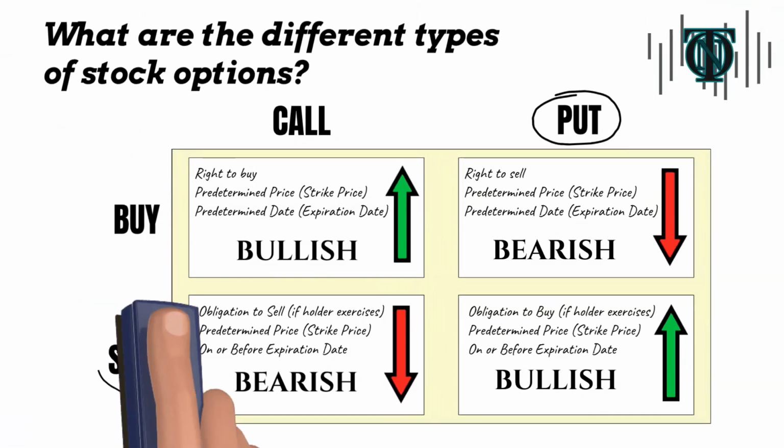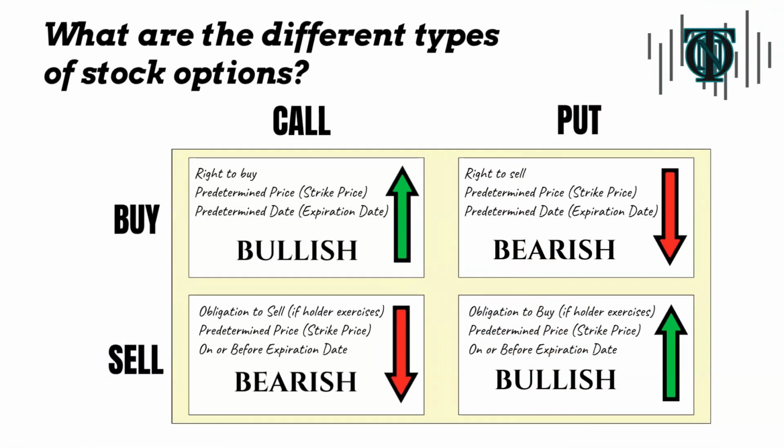To sum it all up, when it comes to calls and puts, you will hold one of four positions: buying a call, being the call holder, selling a call, the call writer, buying a put, the put holder, or selling a put, the put writer. While buying a call and selling a put are different in nature, they share the fact that they are both bullish strategies. Likewise, while buying a put and selling a call are different in nature, they share the fact that they are both bearish strategies.